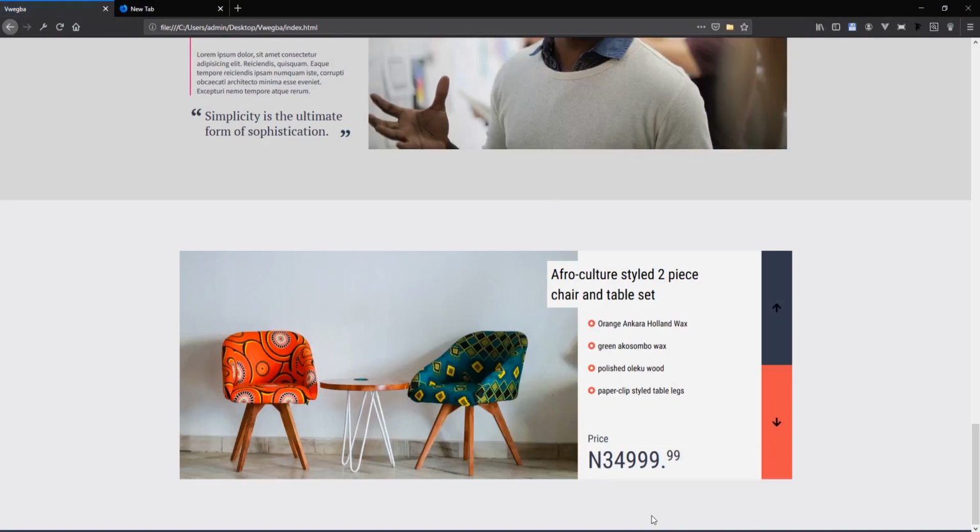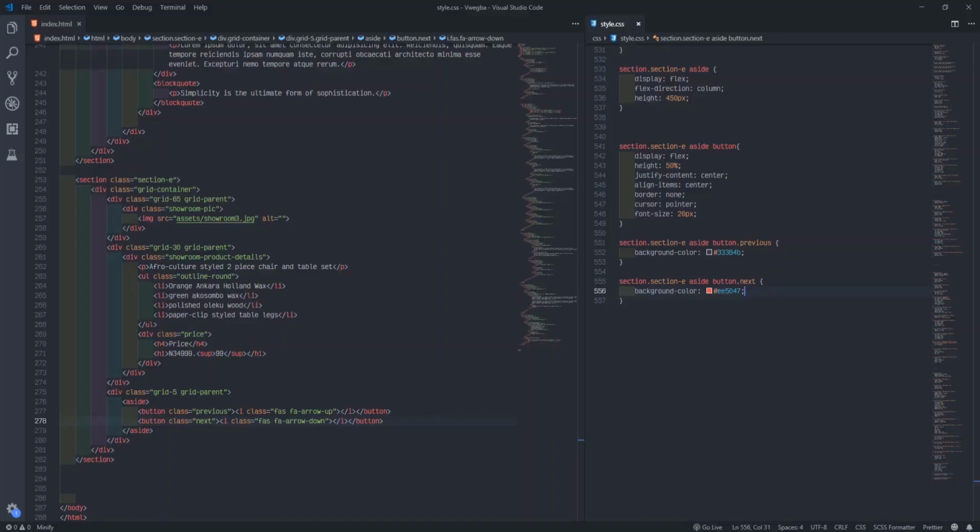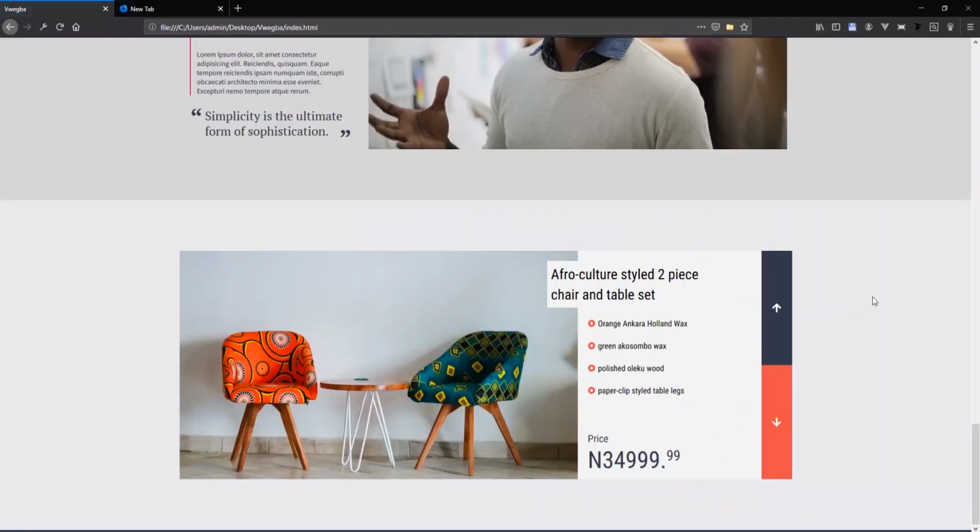Refresh. We get this, and it shows black. So let me change the color for the button. Come in now, make the color be ash FFF. Okay. So one more thing we need to do now. If you hover, we need to make something happen so you know it is definitely clickable.